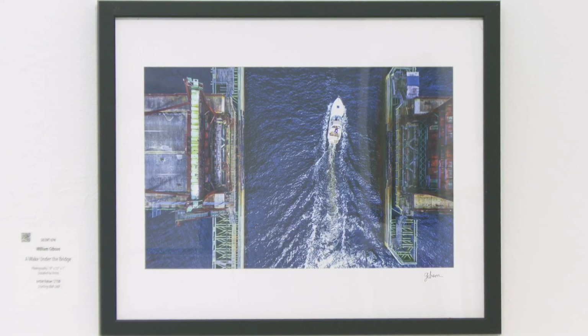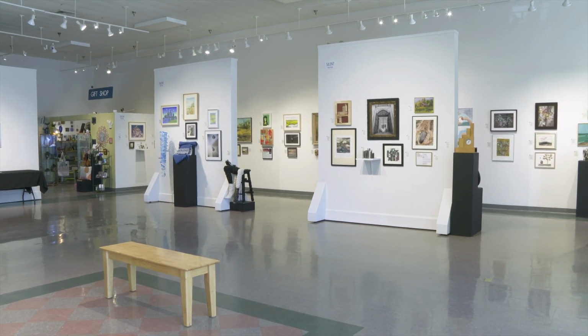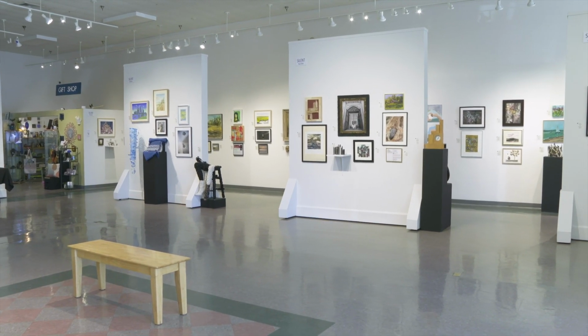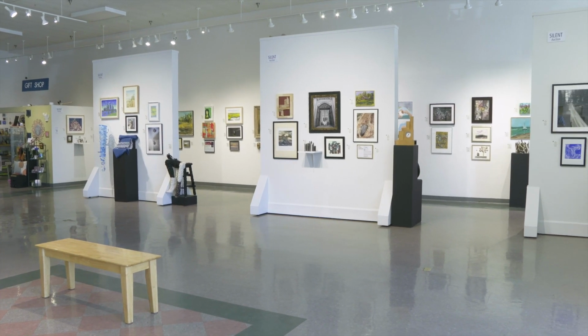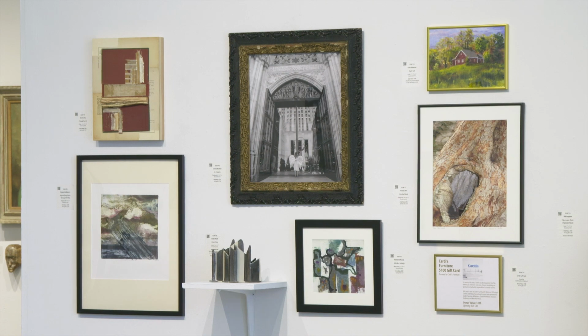I'm Mim Brooks Fawcett, Executive Director and Chief Curator at the Attleboro Arts Museum. I'm pleased to be standing in our Otmar Gallery, where you will find our preview exhibition for the 32nd Benefit Art Auction at the museum. We are so pleased to open up the gallery for a preview exhibition for 197 lots that are in the